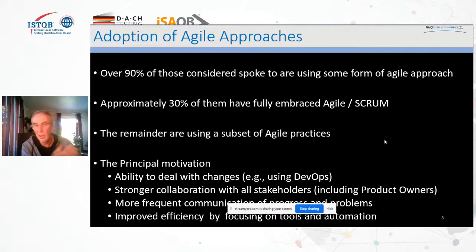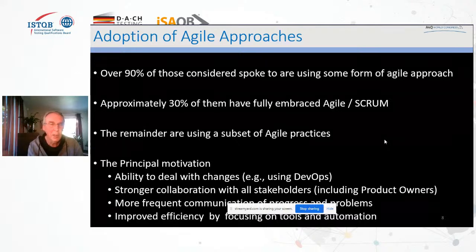That could be anything from at the bottom level, where we just do daily stand-ups, to at a more mature level, okay, a large number of practices being done and rituals performed. So what was the principal motivation of those people to adopt agile? And I'll get back to the point of test process improvement shortly. But first, what's the principal motivation?